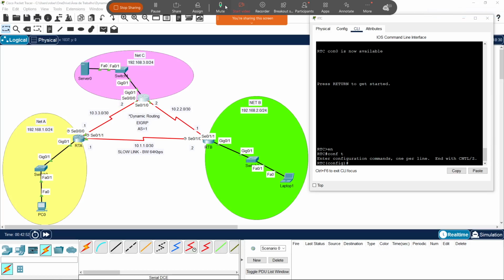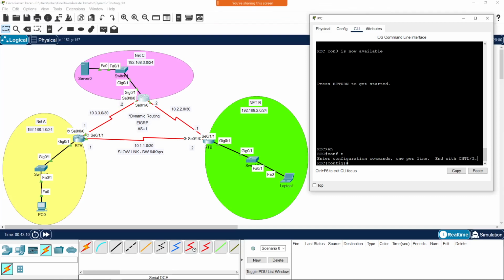Yes, so passive interface, but we need to do something else first. The networks, there is one more command that we need to type in to activate EIGRP for IPv4. What's the command? Let's go ahead and do it. So it's going to be router EIGRP 1, and then we type in the networks. So network